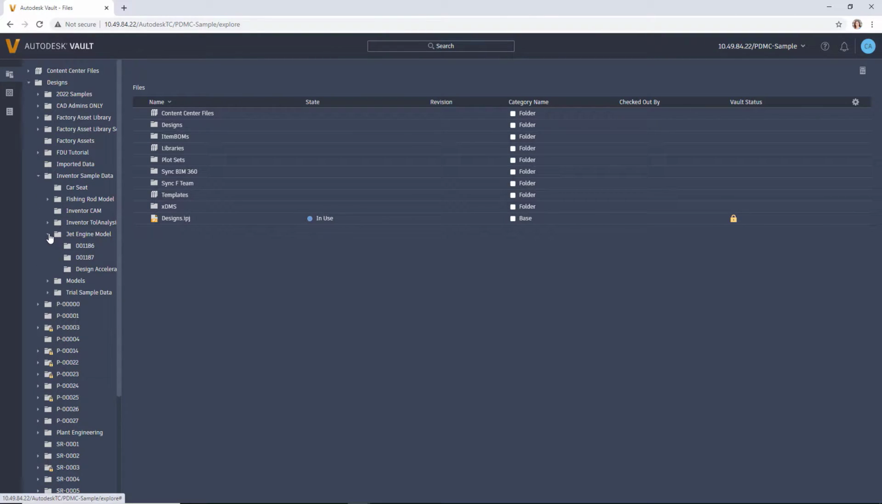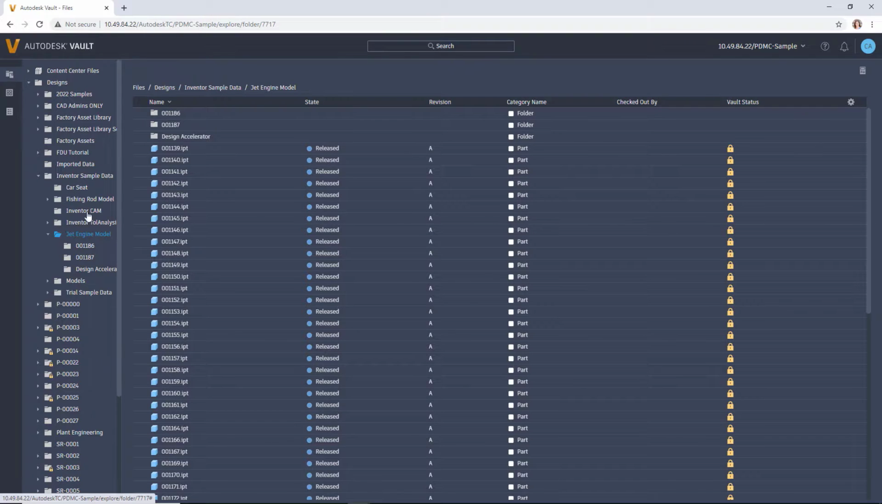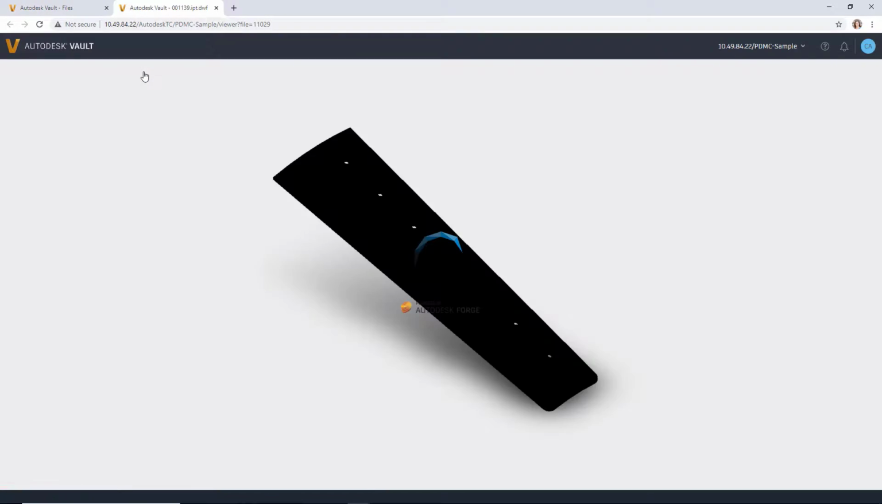The browser interface makes finding and viewing your vaulted data quick and easy. You can navigate workspaces like folders, items, and change orders, and open file previews in the viewer with just a